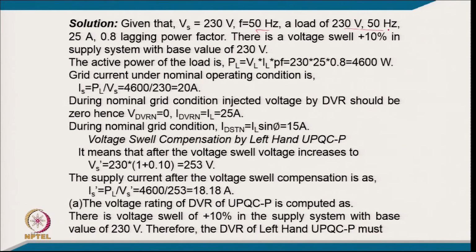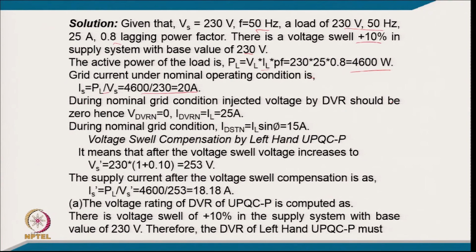a load voltage of 230 volt, 50 hertz, 25 ampere, 0.8 lagging power factor, there is a voltage swell of 10% in the supply system with the base value of 230 volt, and the active power of the load is VL IL power factor. So, it comes to 4600 watt, and the grid current in the normal operating condition is PL upon Vs. So, it is typically 20 ampere,